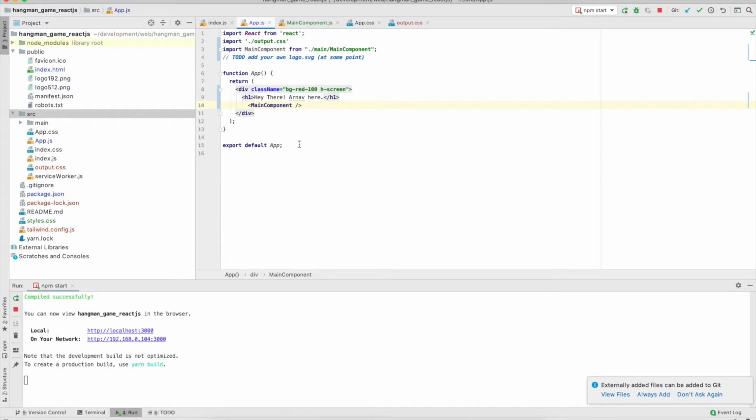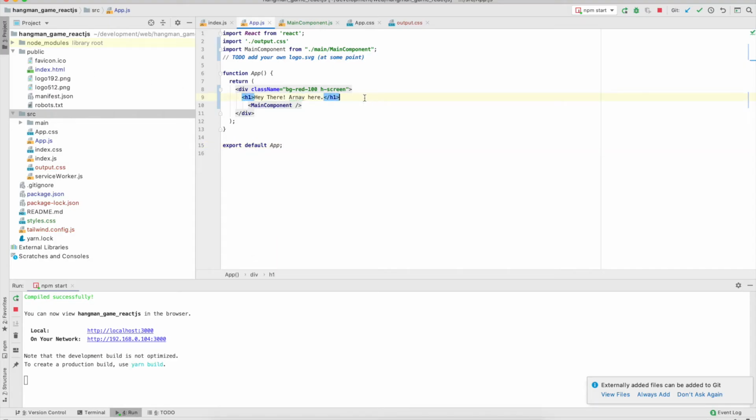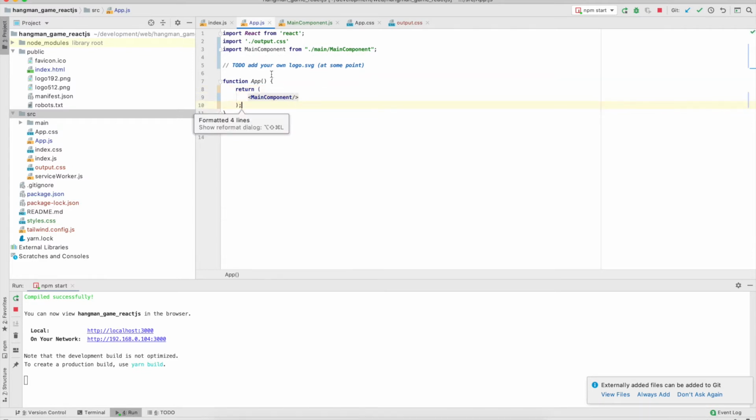Okay, so I have set up the basic stuff, so let's see the output. Hey there, Arnav here. This is the main component. So you can see the main component has been reflected now,